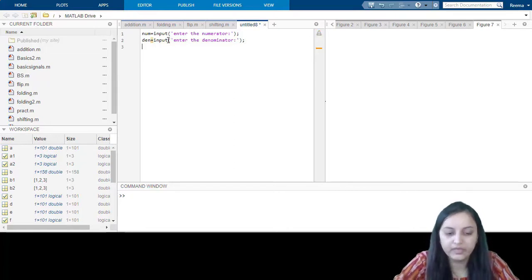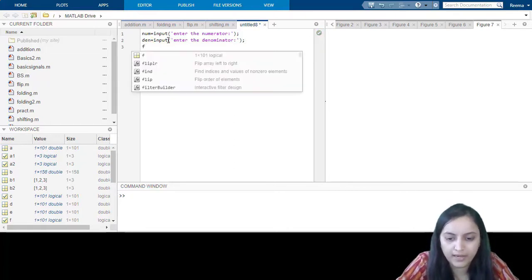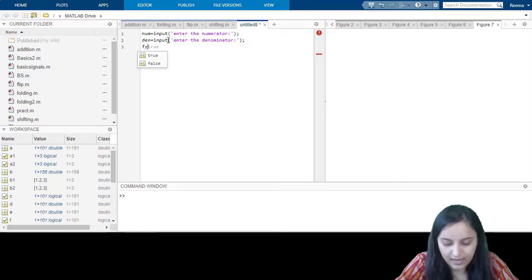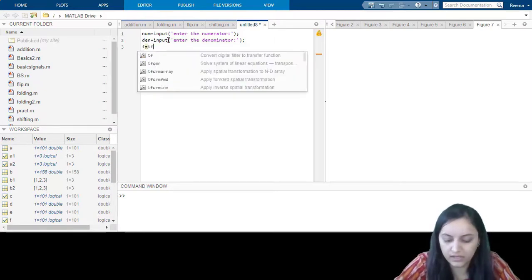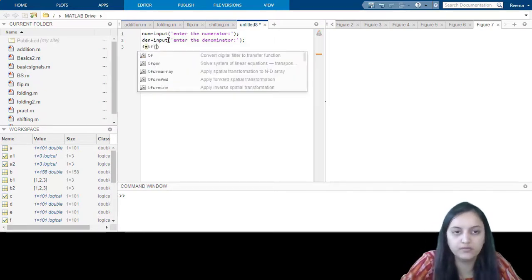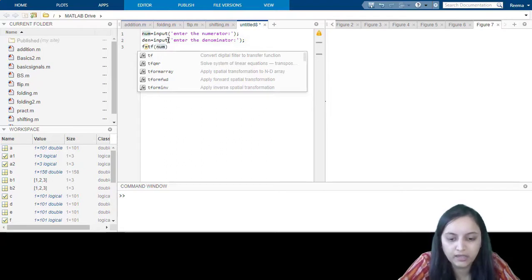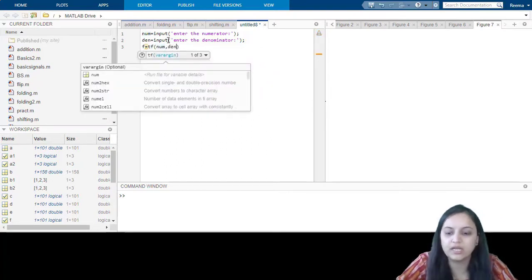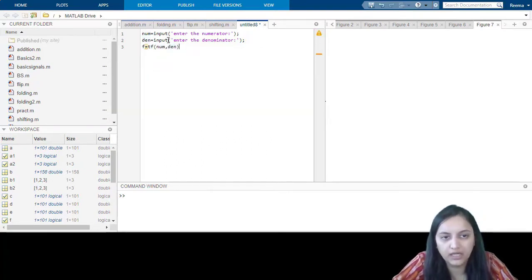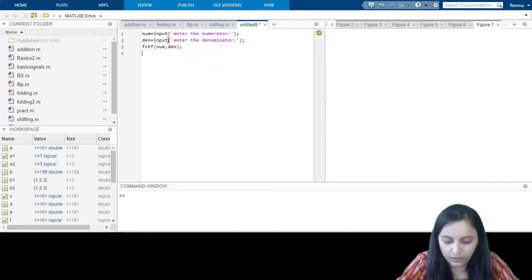Now we will use the inbuilt function of MATLAB using another variable f equals to tf. Here tf stands for transfer function from the given numerator and denominator. So the syntax for that is f equals to tf, numerator, denominator. And here we are going to enter zeros, poles and variable constant.